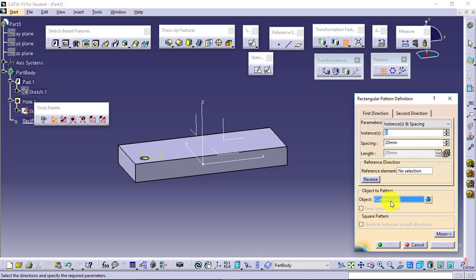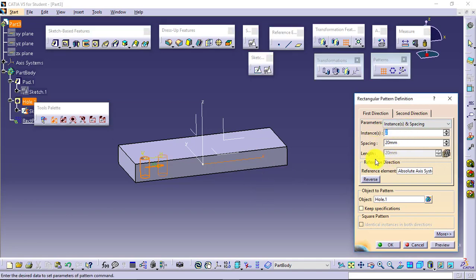If you have not selected anything over here, then the complete part you have created will be considered for the pattern. Say I'll select the whole. Now it is asking me for the parameters, first direction, second direction. I'll select the direction, say in this direction I want to pattern.